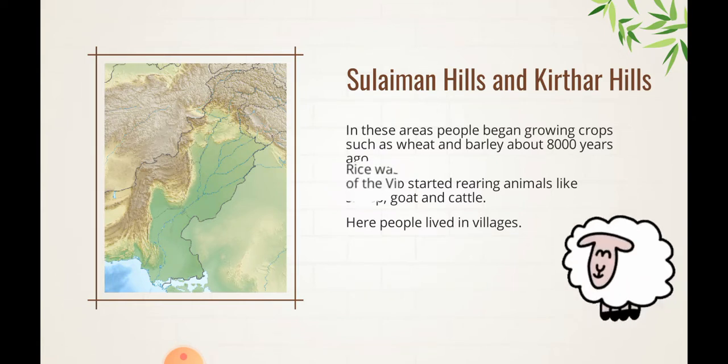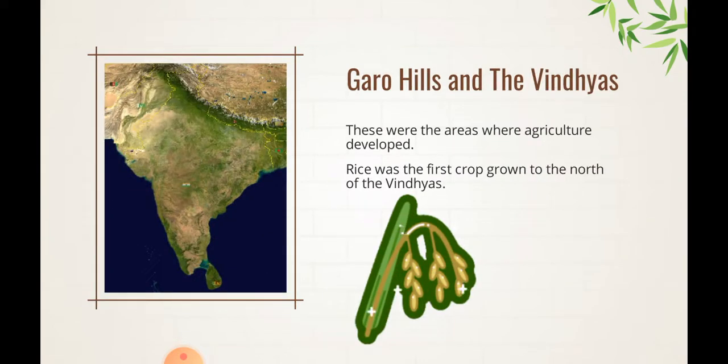Next, let's read about Garo Hills to the northeast and the Vindhyas in central India. The location of Garo Hills is in Meghalaya. It's a northeastern state. And Vindhyas we can see through central India. These were the areas where agriculture developed. And rice was the first grown crop to the north of the Vindhyas. Let's move to